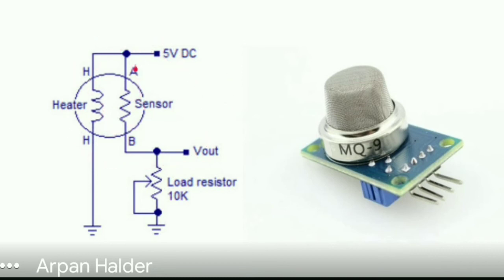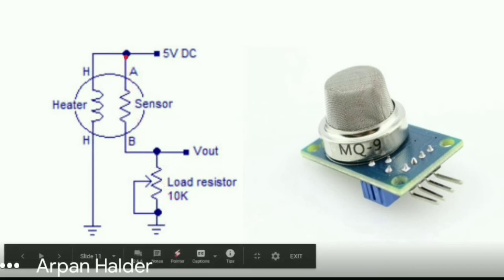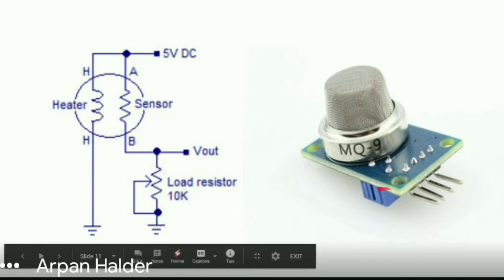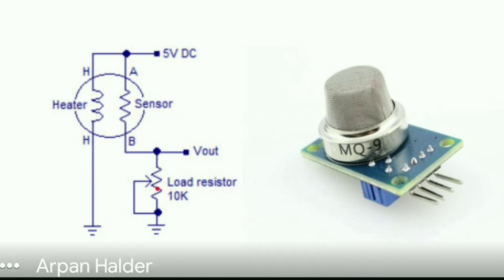This, you can see, is basically a voltage divider setup. Two resistances are in series, and from the junction point we are taking a V out. The principle is that whenever this resistance changes, this V out shows the change in the output. And there is a load resistor that is tunable, and you can see a portion of it here. Just before using your sensor, you calibrate it to a level where you get your desired voltage output from this pin.